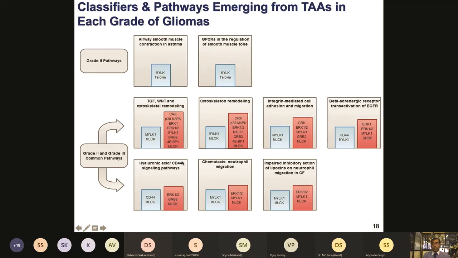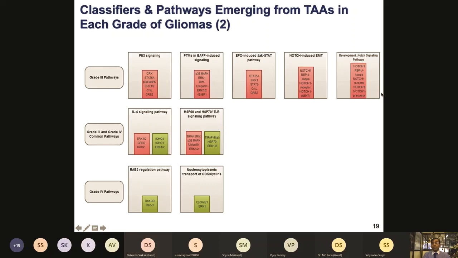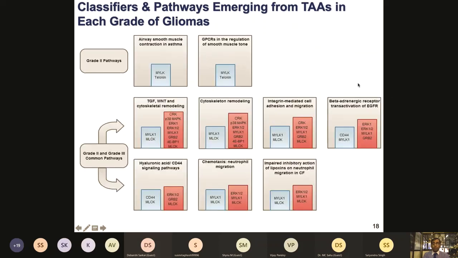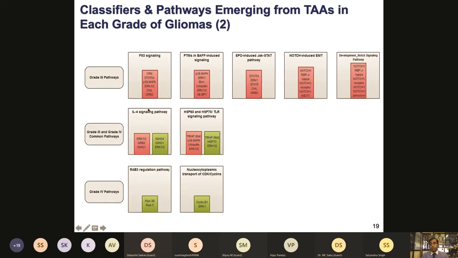And as the disease is progressing to grade 3, only a few proteins are now showing change. So there are a lot of proteins which are actually on the interface of grade 2 and 3, where the disease is now progressing from grade 2 to grade 3. And that's where I think most of the important signaling cascades, whether TGF or Wnt signaling or cytoskeletal remodeling, integrin, all of these are getting changed very adversely at this point when the grade 2 and 3 transition is happening. So many of these proteins which are part of this data could be very good targets for identifying the right transitions and may be used for potential therapeutics as well.